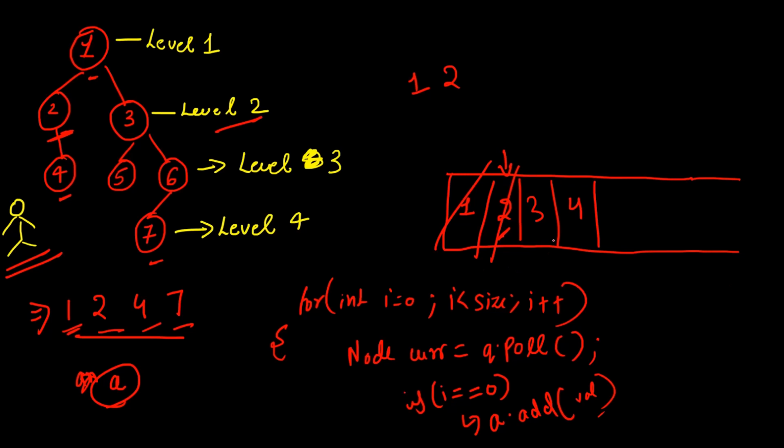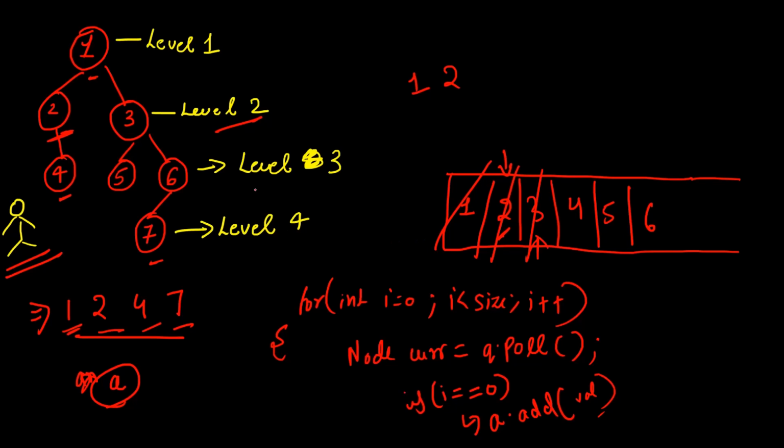Now for this one, when you will be checking, the i value won't be 0, the i value is going to be 1 for this one. So nothing will happen, just this node will be removed. Also the children will be added. So 5, 6, these two will be added. Fine, I hope you must be getting the idea.